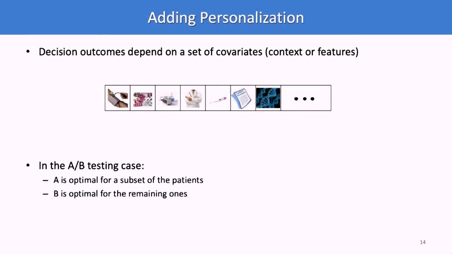Now, in our group, we've been trying to extend these. So far we talked about the first bullet, testing the effect, just figuring out the effect. But now the personalization comes into play, and when you do personalization, you have to think about that A is optimal for a subset of patients, and B is optimal for the remaining ones. So we need to make that assumption. So basically, just to try to get to the punchlines, it turns out in this simple case,